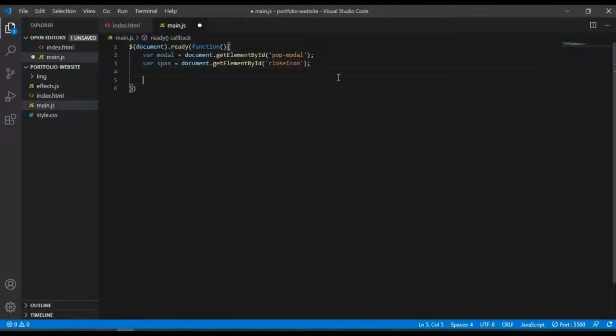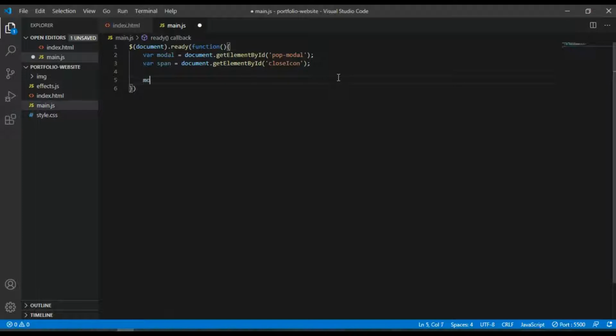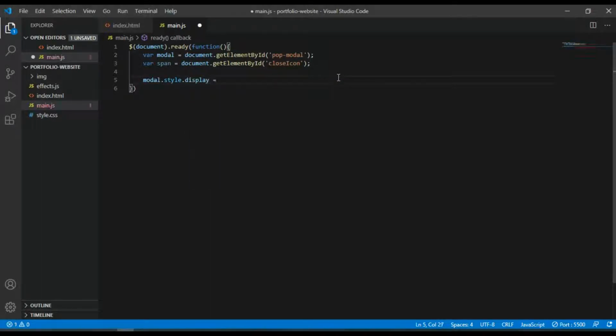What I can do first, I can just try something: modal.style.display equal to block. So if I do this, the modal will appear on my screen.